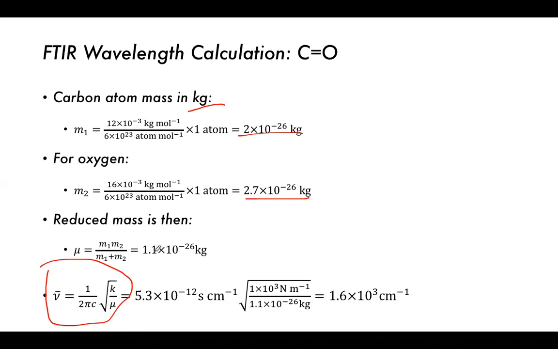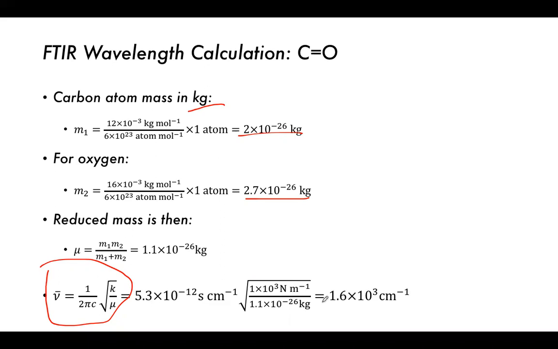So we put the values in here and we get 5.3 times 10 to the minus 12 s per centimeter, and then multiply that by this is the reduced. Okay, so this is the 1 over 2 pi c, and then this is our K force constant over mu. So K, this is a double bond, so we got the 1 times 10 to the 3 N per meter